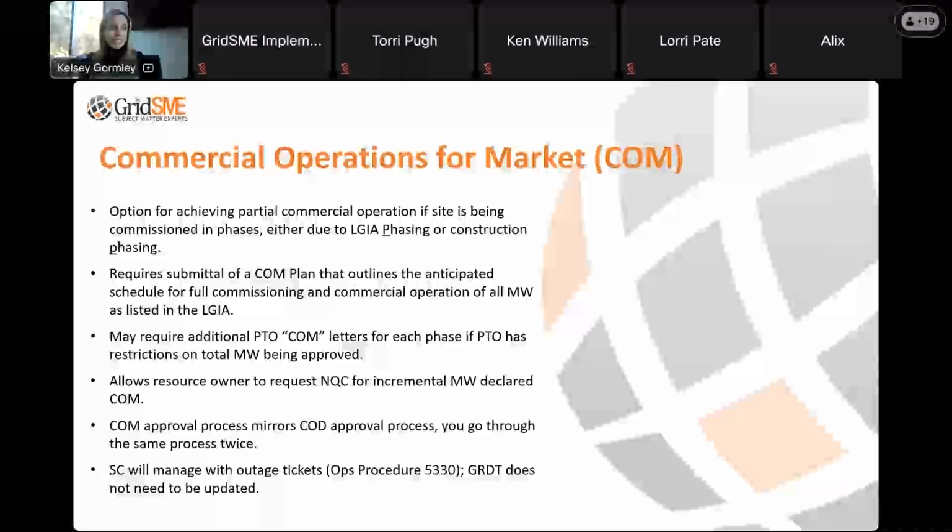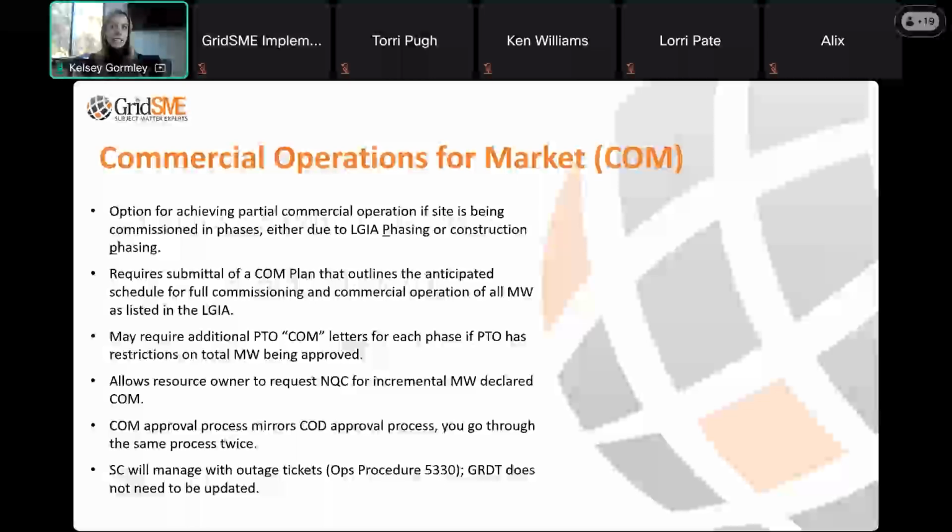What is required to do this? You have to submit a plan to CAISO. We recommend that you submit this to them in bucket 5-ish of the NRI process. So we would want to identify this with you around that time frame. There's a very simple formatted document that we'll look at in another slide about what that looks like.